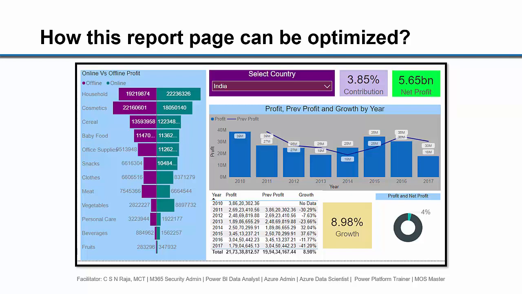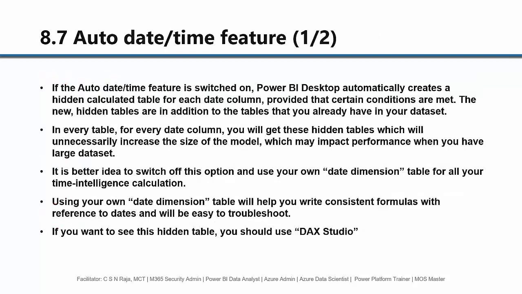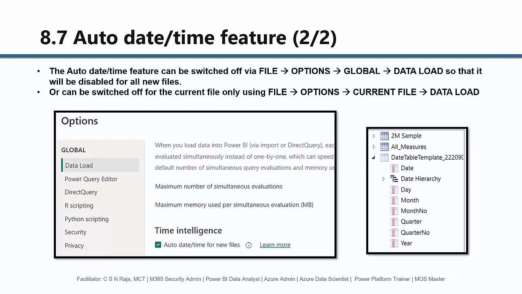For this page, what are the places where you can make some changes so that the report page will be optimized? The other elements to be considered for optimizing the performance of your model are relationships, columns, metadata, and column profiling tools. The auto date time feature is one of the important things that you need to keep in mind, about which we saw a demonstration, and we have identified how to get rid of that in case you don't